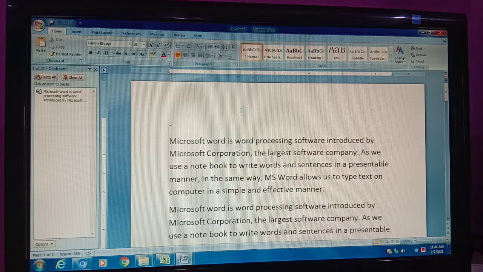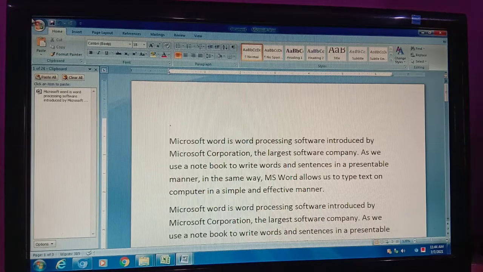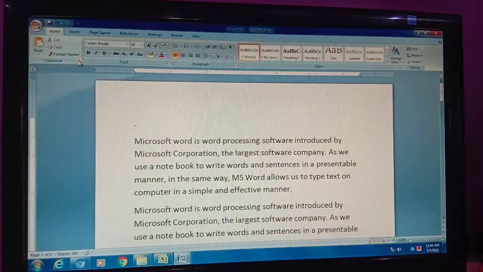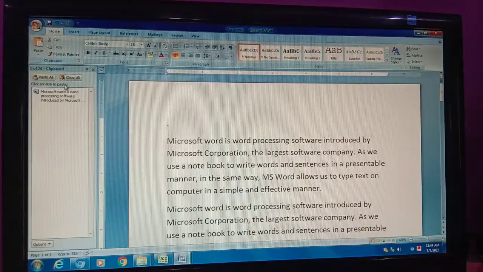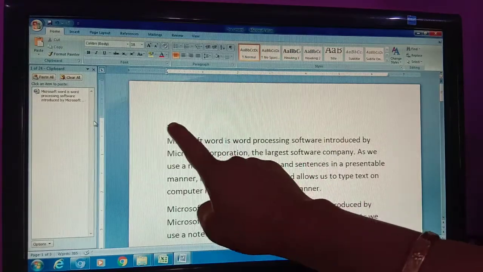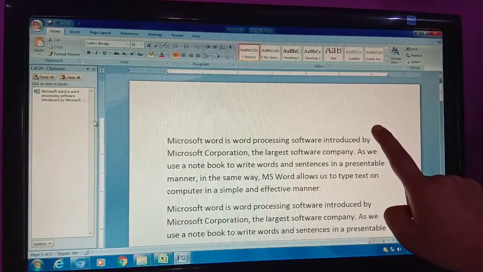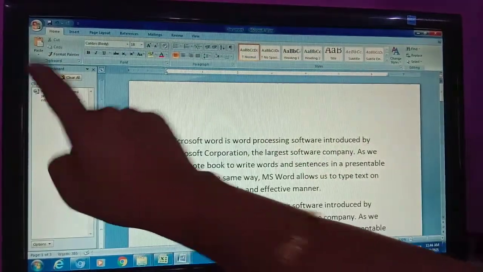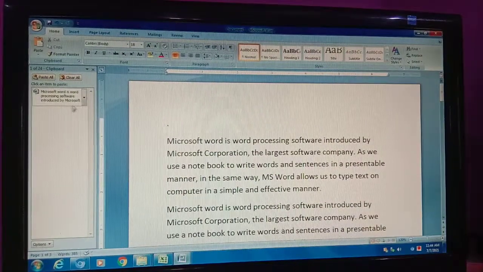So till you paste that text somewhere else, where is it placed? It is placed in the clipboard. Are you able to see this clipboard option? This is your clipboard. This is the window where it is saved. See, I just cut the text from here, it is saved there for a temporary purpose.